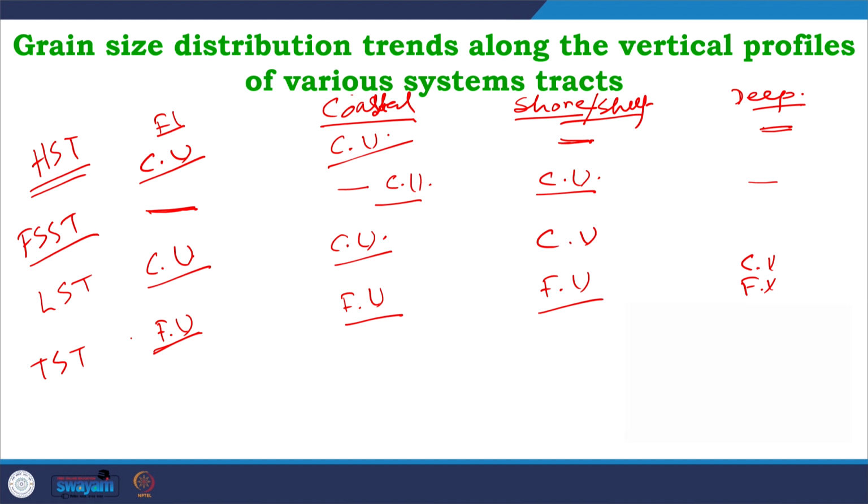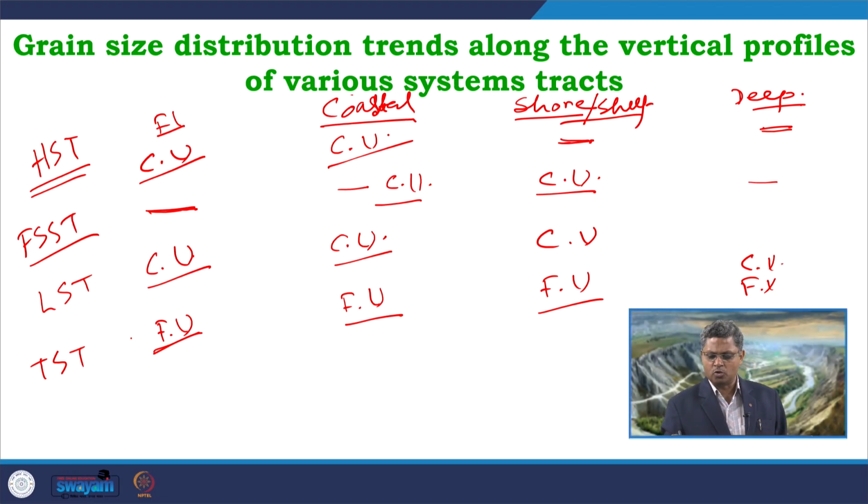If we look at the marine onlap part, where successive density flow deposits are getting accumulated, there we can expect a coarsening upward trend. But if I look at the distal part, there may be a fining upward trend produced as the supply of the coarser clastics is gradually decreasing, and that may lead to less supply of sediments into the successive low density turbidites. So the overall depositional pattern will be a fining upward.